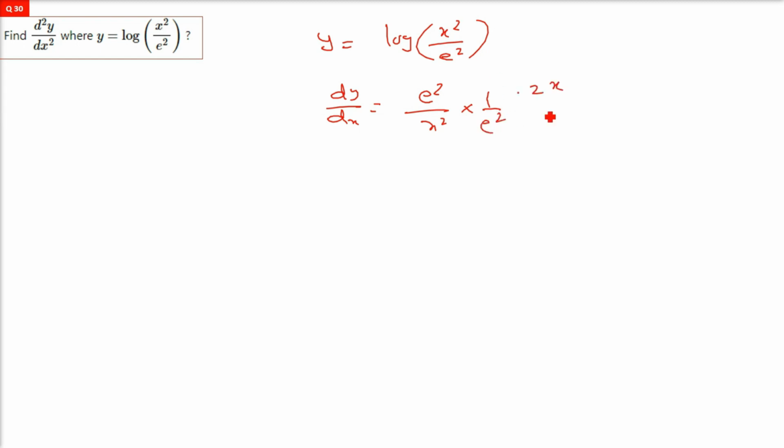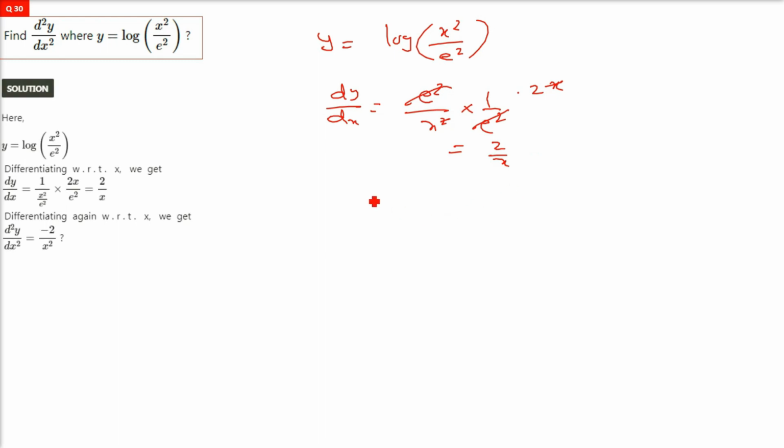Differentiation of this, see, log again, then you have to differentiate x square by e square. So e square is constant, so let it be in the denominator, and x square differentiation is 2x. x you can cancel, e square you can cancel, it is 2 by x, and you have to now differentiate 2 by x. So d2y by dx2 is nothing but differentiation of 1 by x, and that is negative 1 by x square. So you have 2 into minus 1 by x square, minus 2 by x square is